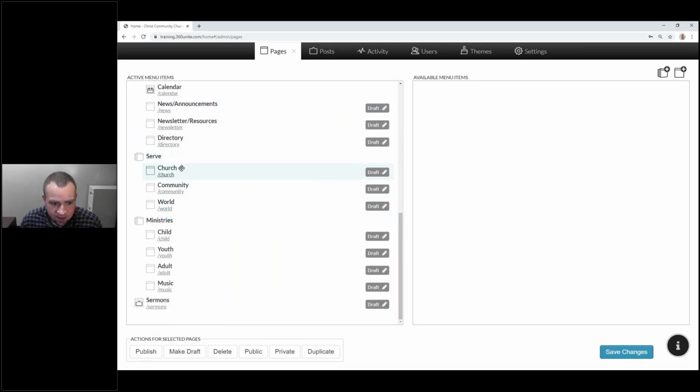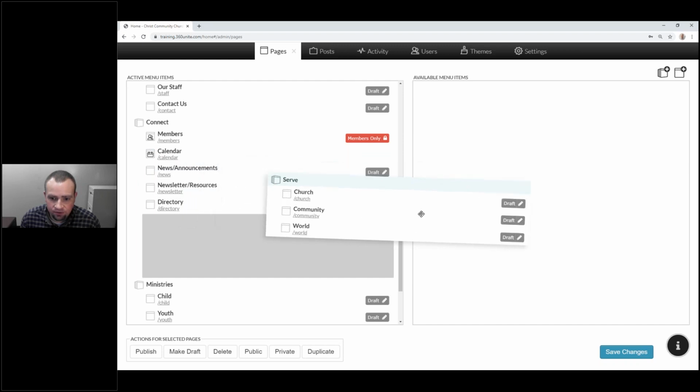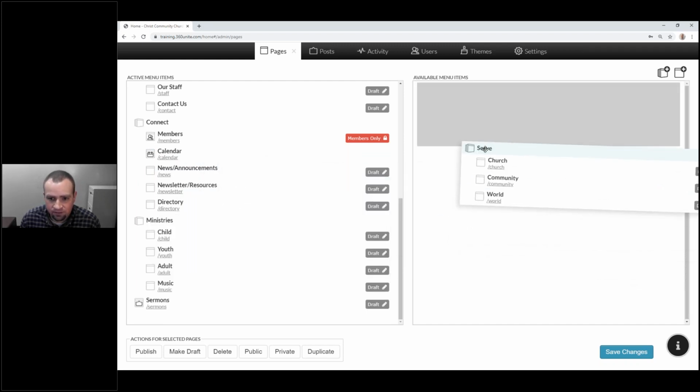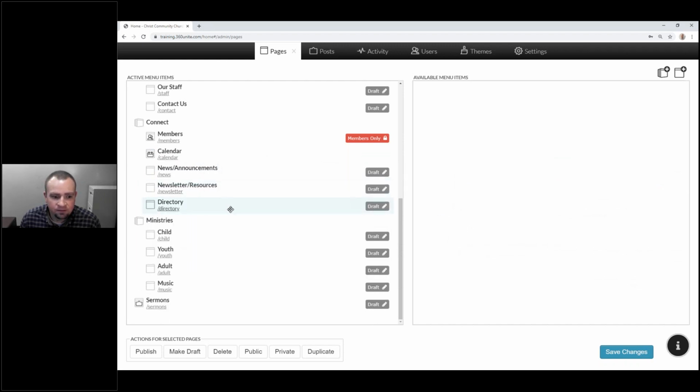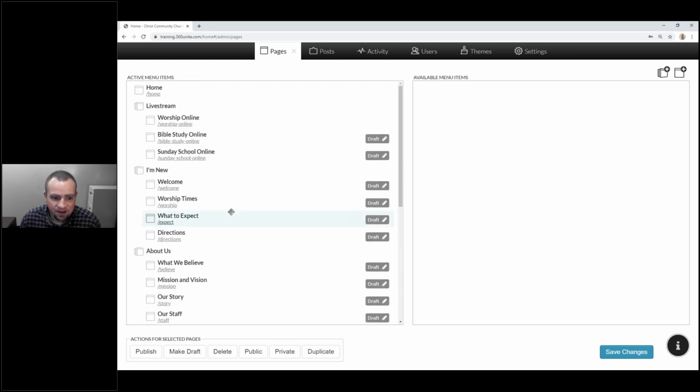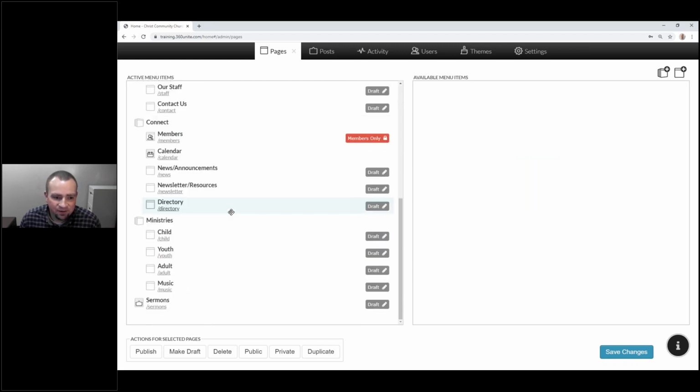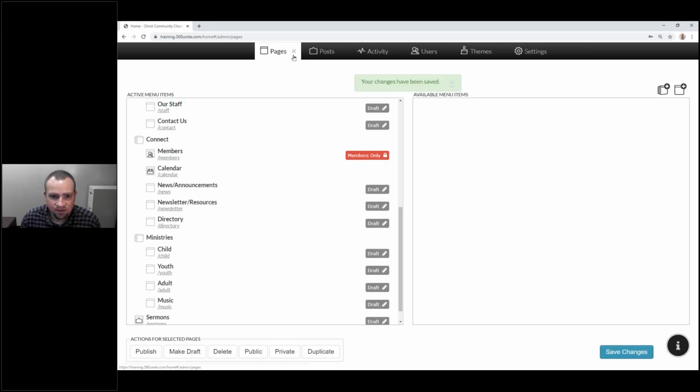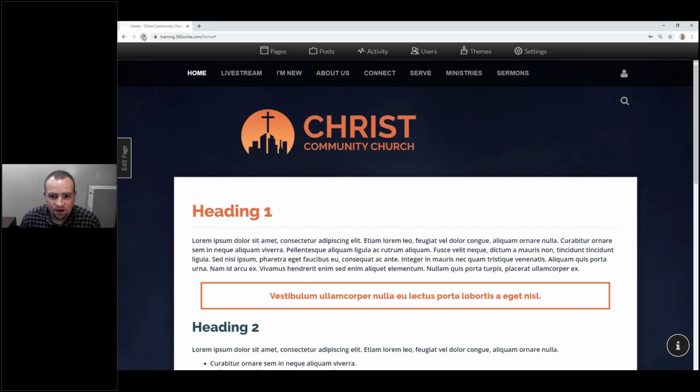Let's say that we don't want to include serve in our menu right now because you can't get out and serve. I can drag this whole category over into available menu items. And then it disappears. Now, that is a fun little quirk because we're saying we don't want those items to show up at all. But if I hit Save Changes and I refresh,